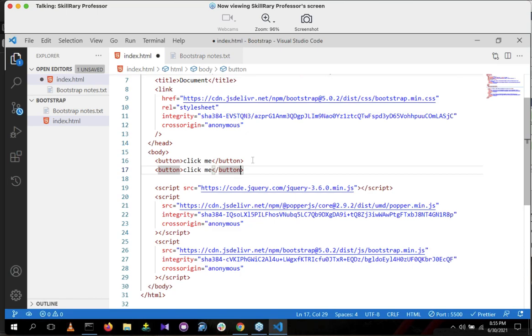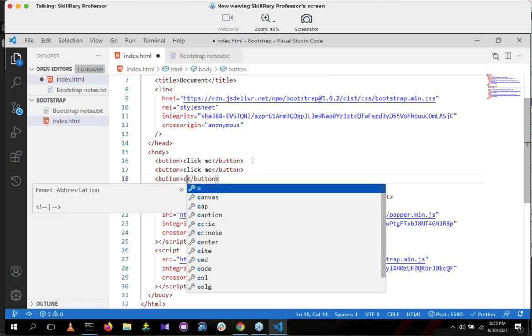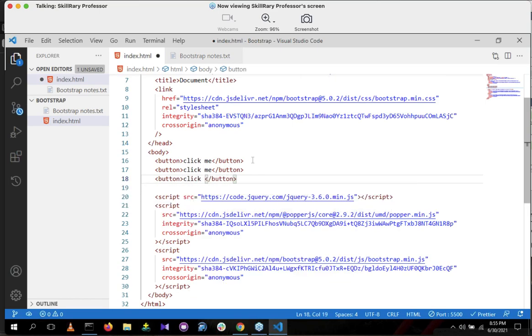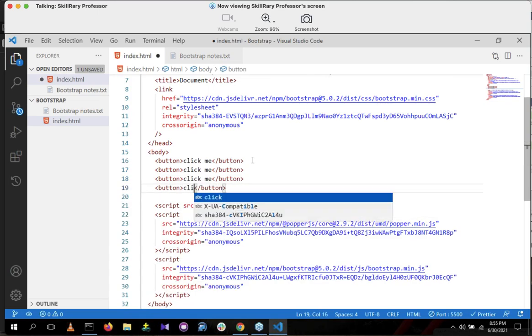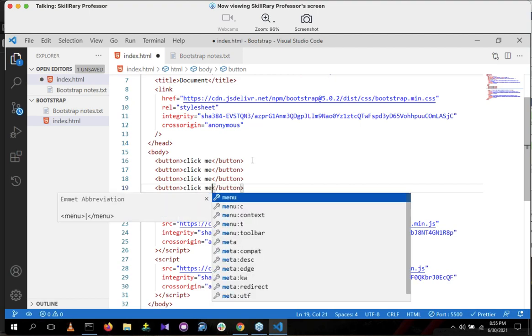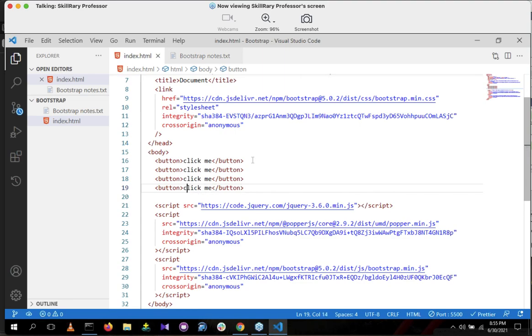Create multiple buttons. Button, click me. Button, click me. Like this. Now let me call each and every button.